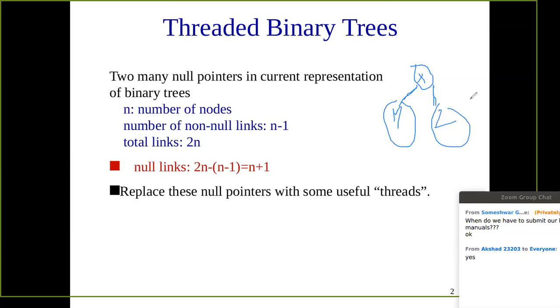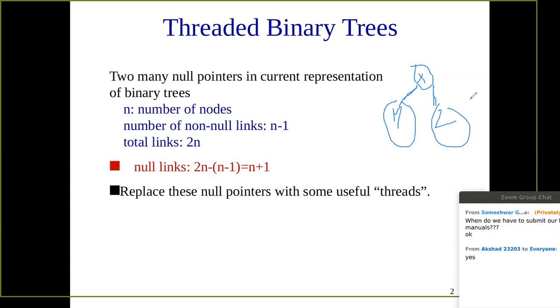So we have seen the traversal. In the binary tree traversal we are having two traversals. One is the recursive traversal and the second is the non-recursive traversal. In the non-recursive traversal we have seen that we are using an extra data structure, that is the stack, in order to come back to the previous node. So if we represent this binary tree with the help of certain threads, that is the null links, those null links are utilized for some purpose, and then we can traverse the binary tree without using an extra data structure. How that is done, we are going to see.